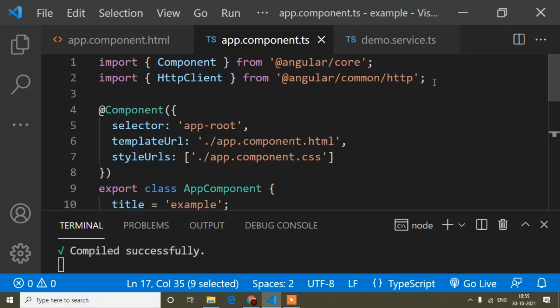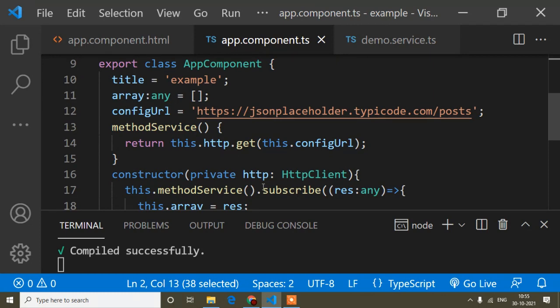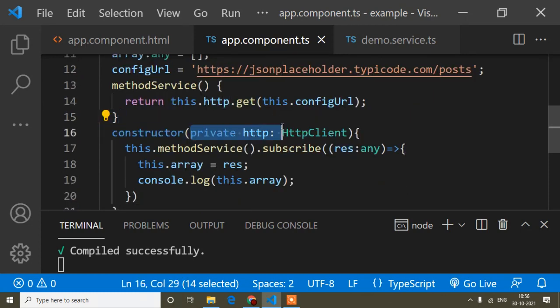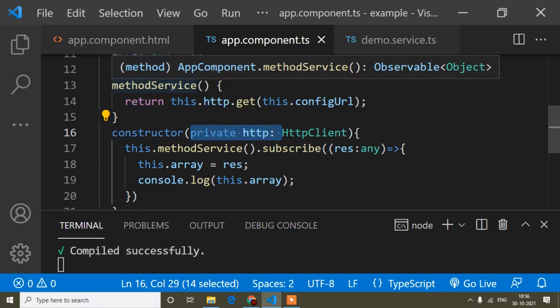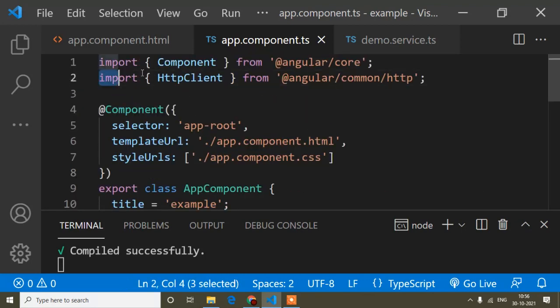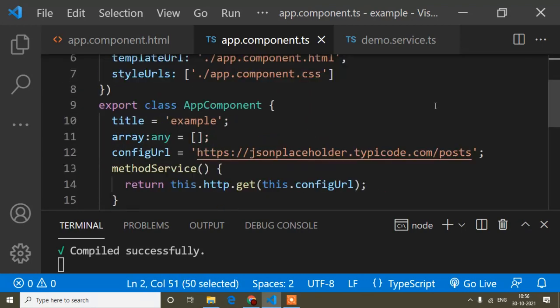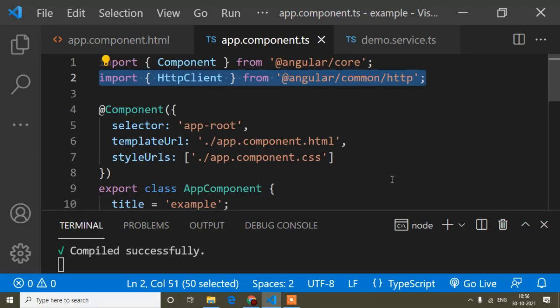So I have imported this HttpClient in our app component and created the instance. Okay, so if it is needed in the home component, in the same way in the home component I have to do the same thing. So suppose I need the same thing in 1000 components, so in 1000 components I have to do this, but it's not a good thing.